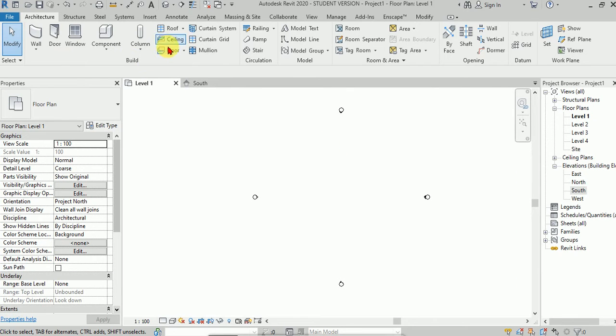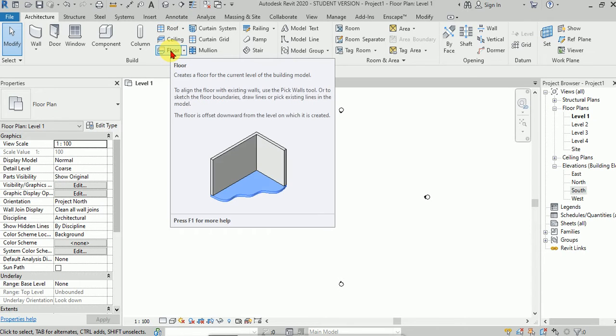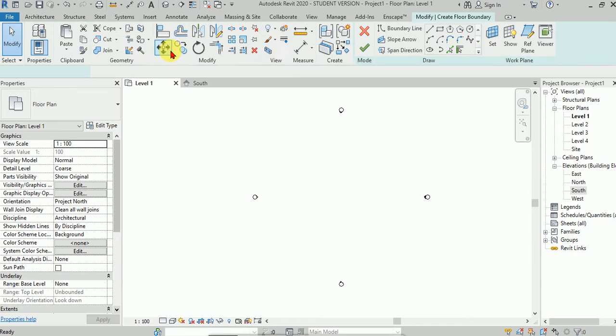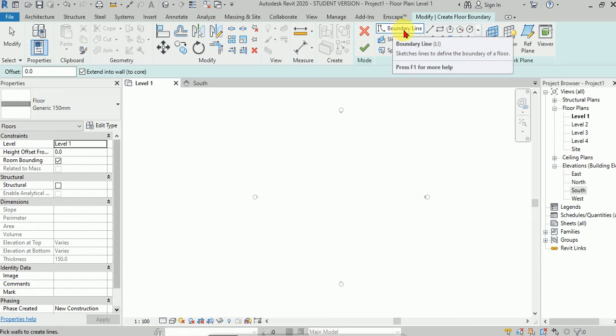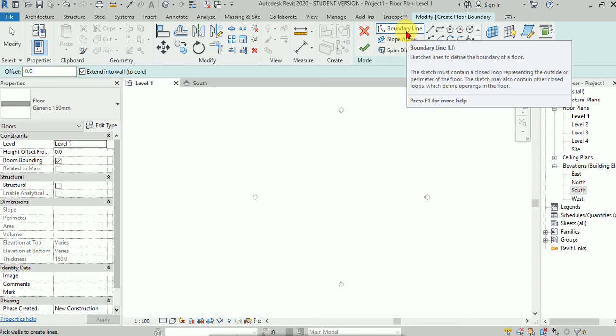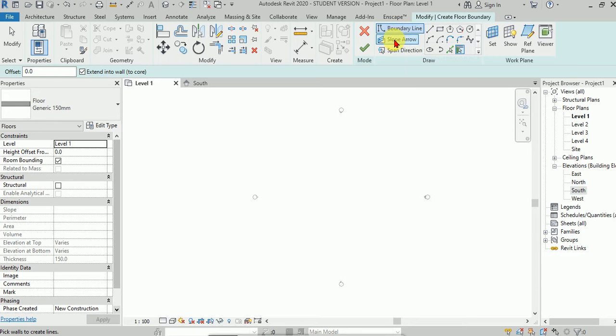So basically, if you understand flow in roofs, ceilings and floors, if you understand any one, you'll be understanding the rest of the two also. Okay, so let's start with floors. As you can see, you have boundary lines, slope arrow and span direction. So boundary line basically specifies the boundary or the periphery of your floor, whereas slope arrow, it would define